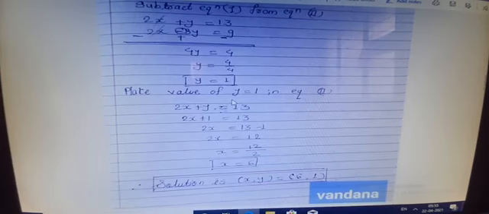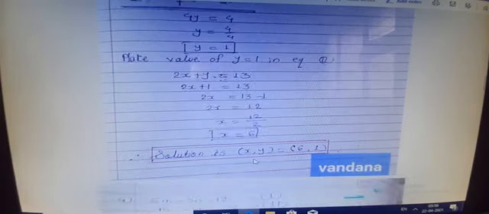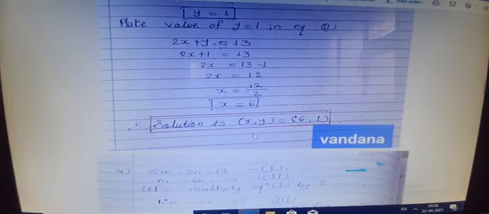Place this value of y equal to 1 in any equation. I have taken equation number second, 2x plus y is equal to 13. 2x plus, substituting the value of y as 1. Except the y, here is written 1, plus 1 goes to the other side as minus 1. 13 minus 1 becomes 12. 2 is in multiplication, so it goes to division. 12 divided by 2 is equal to 6. Therefore the solution of this equation x, y is equal to 6, 1.